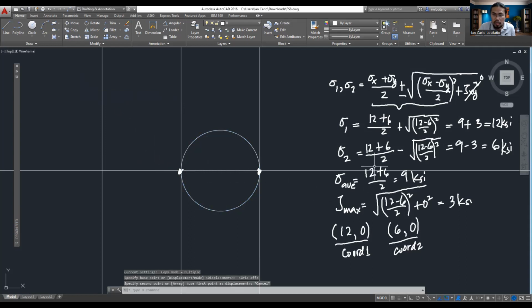But because we have a zero shear, we have the same principal stresses as the normal stresses computed initially. For the maximum in-plane shear stress, since we have a zero shear stress, we have an equivalent maximum in-plane shear stress. That is what we computed as 3 KSI, and it is actually